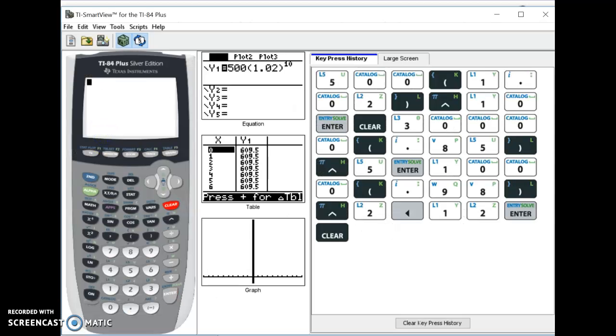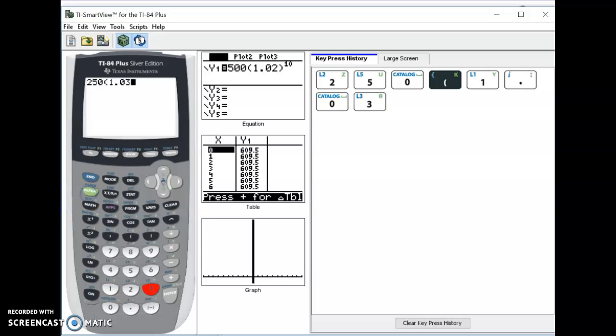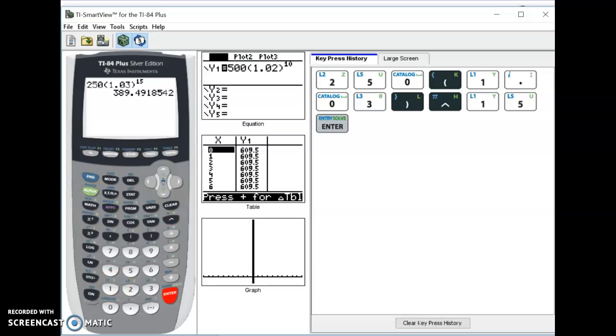So I'm going to clear out some of this because it's looking pretty crazy. And that chair started off at a $250 value. It increased by 3%, so that's 1.03. And I want to see the value of that chair in 15 years. Is it worth holding on to, or should I sell it? So in 15 years, how about